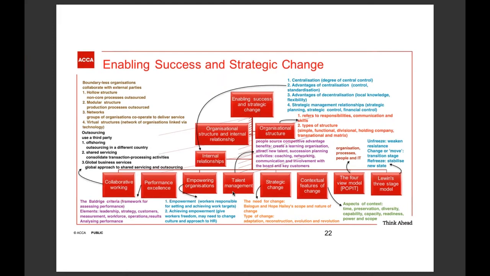So if the people are your source of competitive advantage, it means that they have a talent that enables the organization to move forward with the existing competencies that they have. And because of that particular reason,